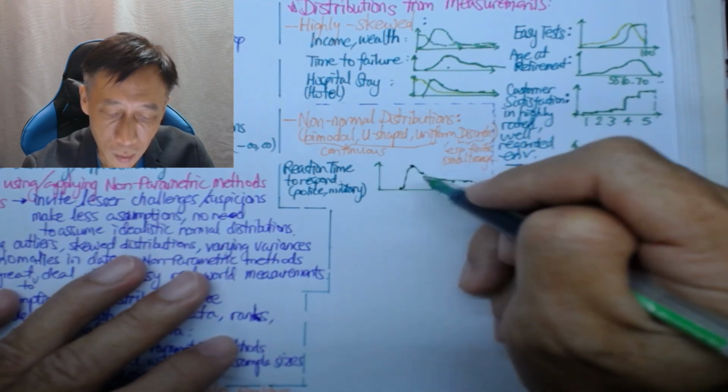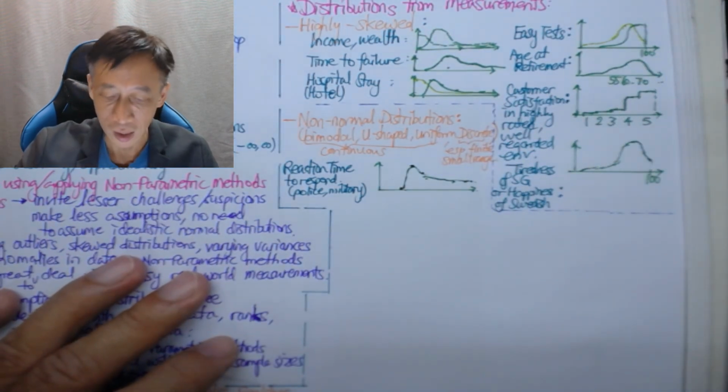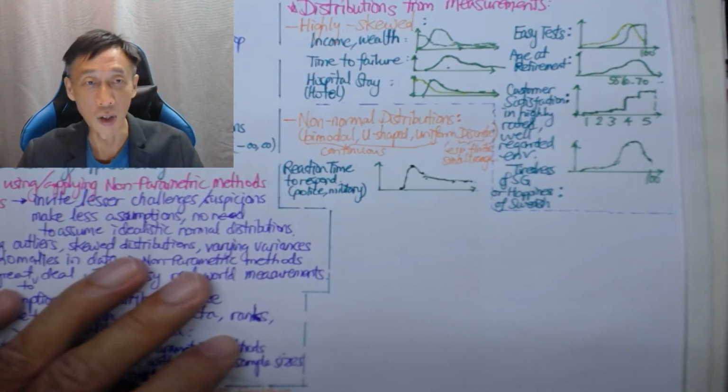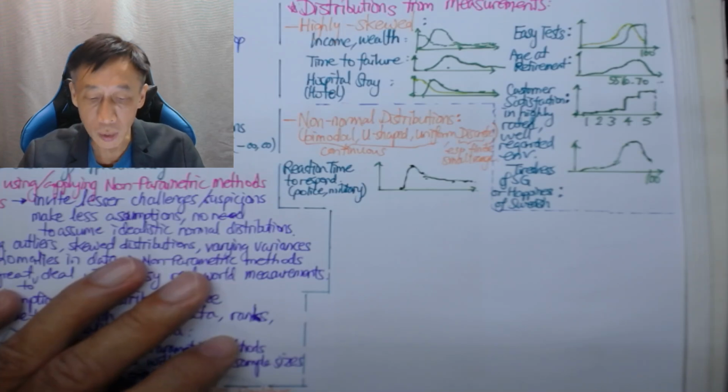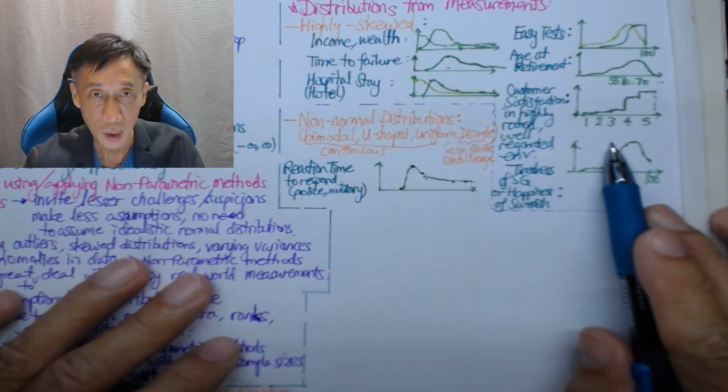Absolutely non-normal, right? Something we have seen earlier on, but this one is to stress the fact that the shape is very non-normal. What is non-normal? Non-normal means it's not symmetrical. It means skewed, right? So skewed distributions, definitely they are non-normal. Furthermore,